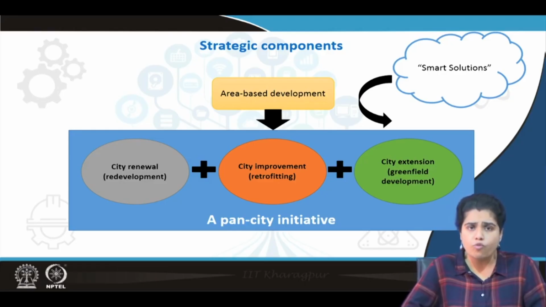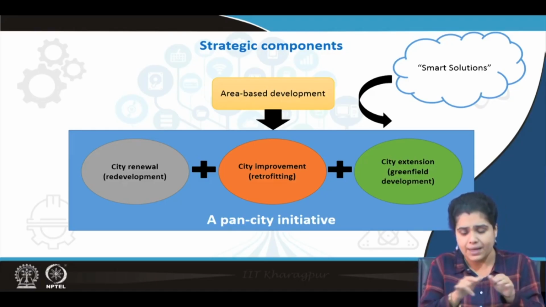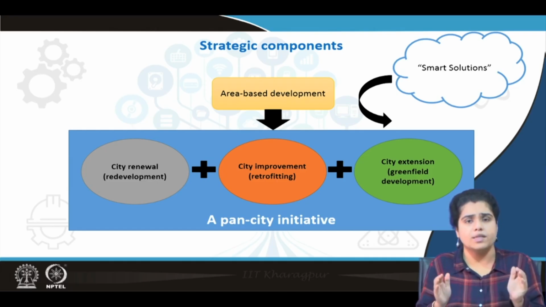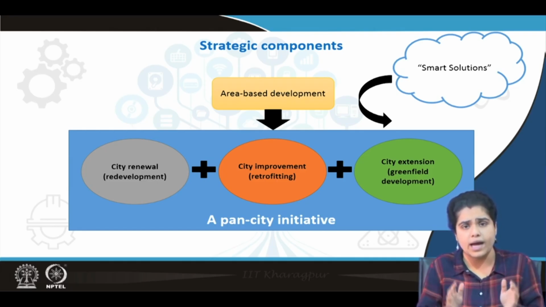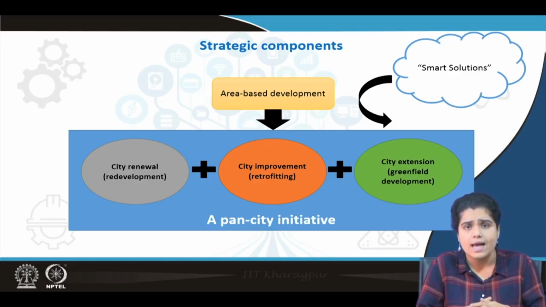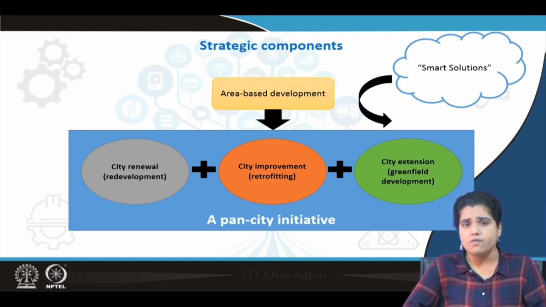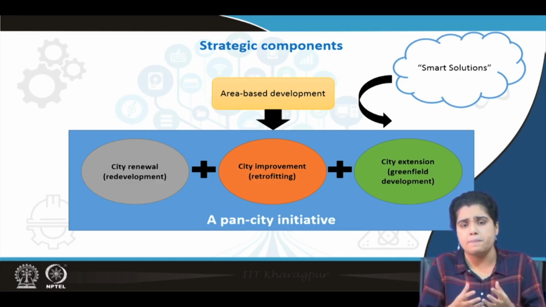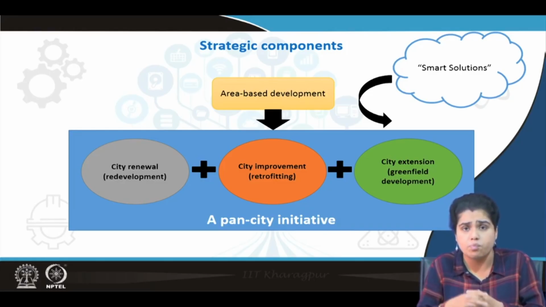Similarly, so far as city improvement is concerned, the whole idea is to develop a particular area, again within a particular city, and this area has to be earmarked or identified through consultation among various stakeholders, of course, including representatives from urban local bodies and several other local representatives. And for example, 500 acre areas are targeted, which would then again see enhanced infrastructure and application of smart